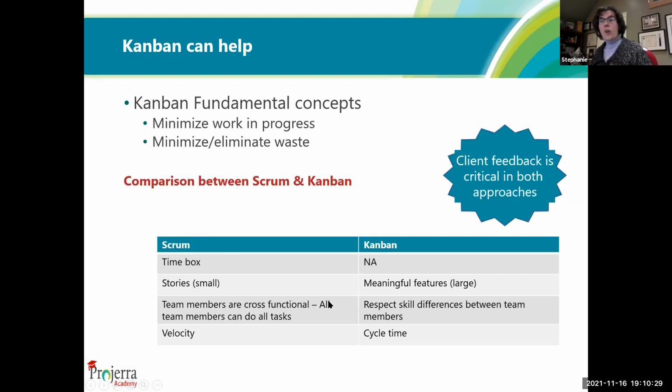In the Scrum team, we've talked about everybody should be theoretically cross-functional. Everybody can do every single task. But in a Kanban team, they respect the skill differences between people. So you do have the DBA, you have the back-end developer, the front-end developer, the technical writer, the user interface person. In the Scrum team, you're managing the velocity. How much can the team do per sprint? It's moving it, moving it, moving it. So in Kanban, you measure cycle time, how long it takes to get from beginning to end.